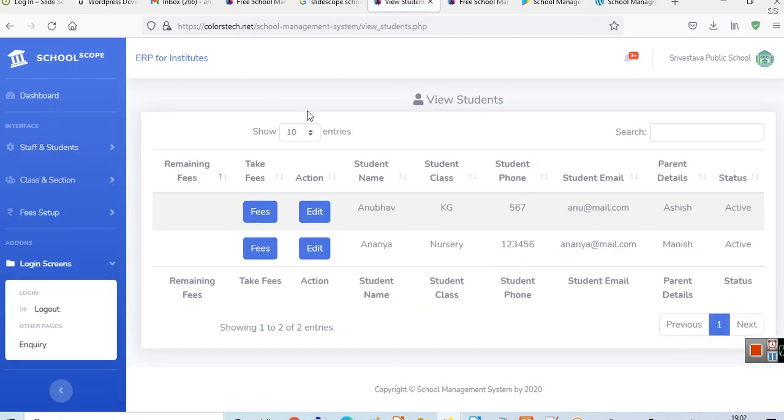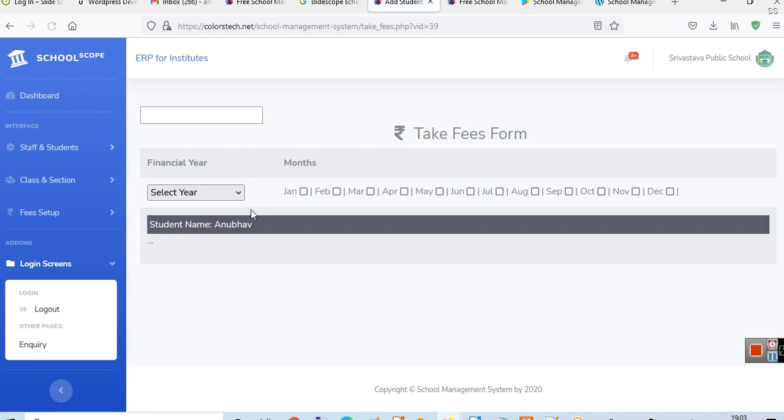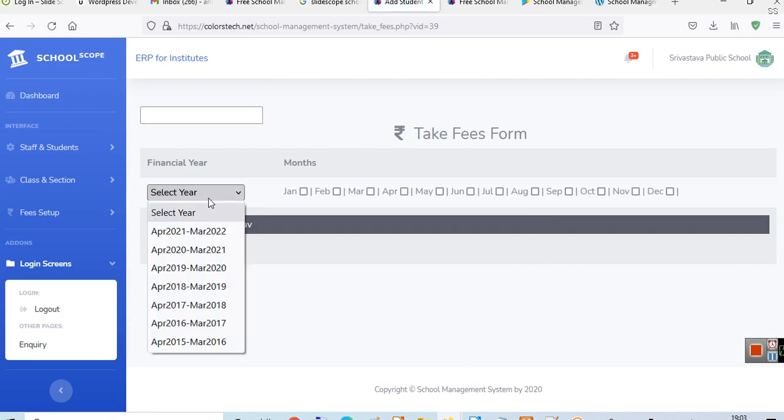When you see this option here, we have added a section of remaining fee. So whatever remaining fee is there for students, you will see that amount here. And if you want to take fees from students, you can click here and then you can take the fee. Here is the financial year.